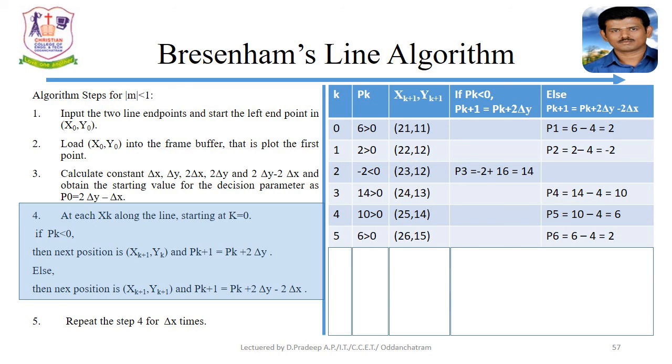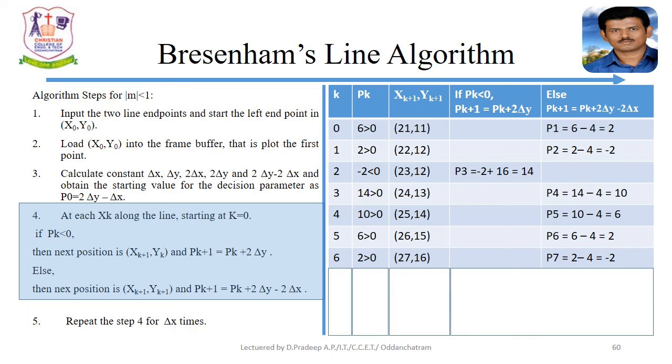so the iteration 7. 2 is greater than 0, so the next position is 27 comma 16. The next decision parameter p7 equal to minus 2. Minus 2 is less than 0, so the y coordinate value does not change, so the next position is 28 comma 16,